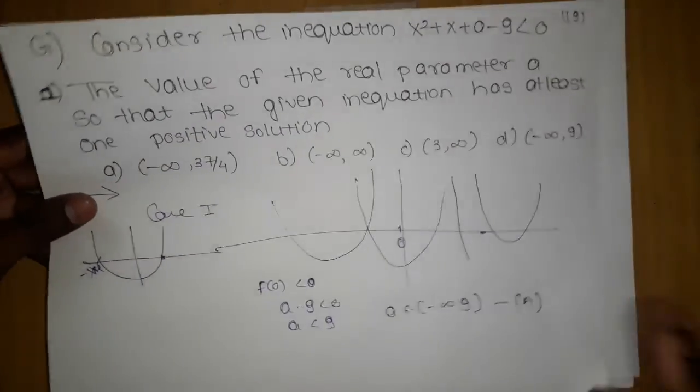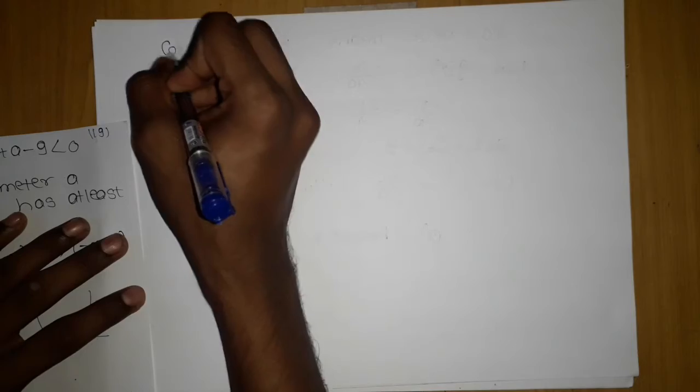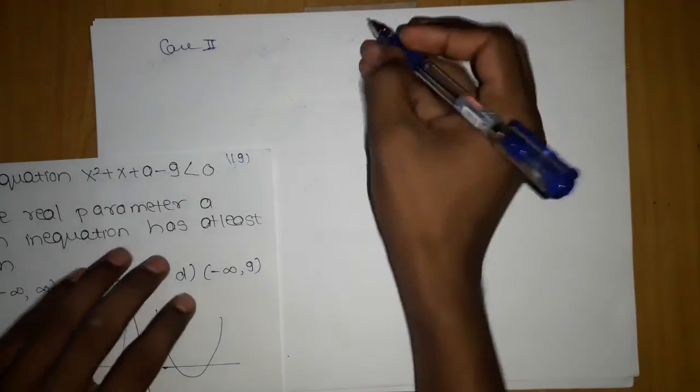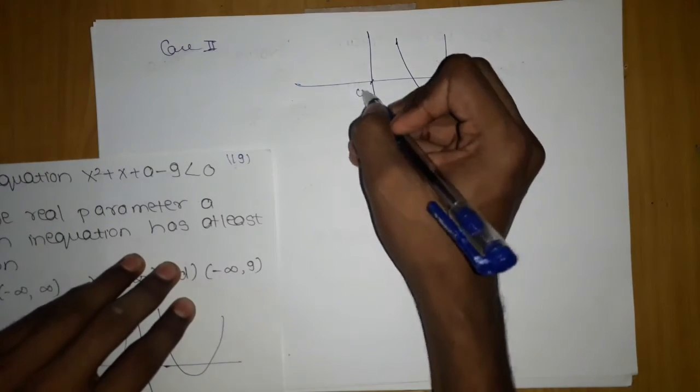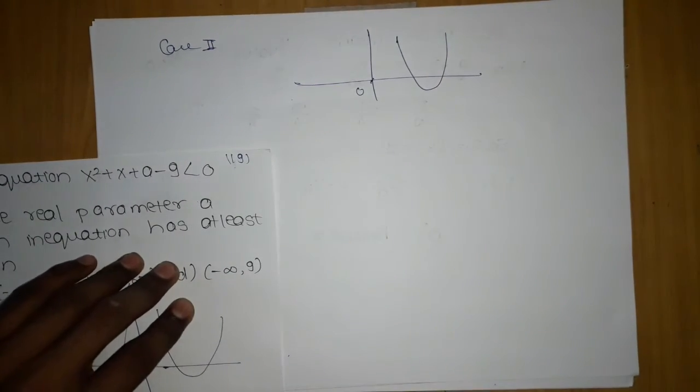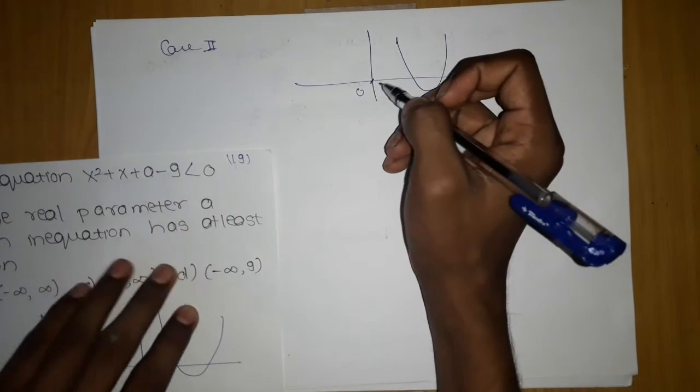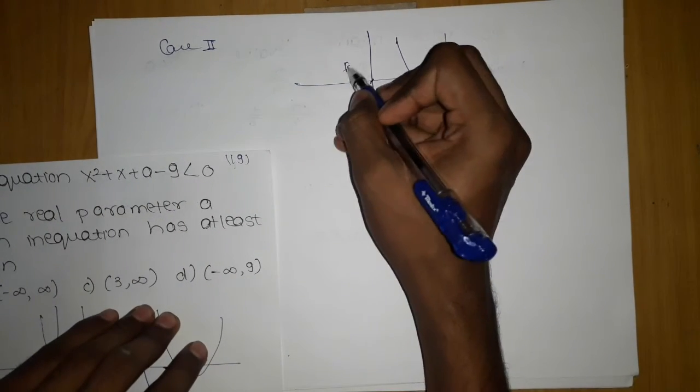Now let's consider case 2. Okay, case 2, this can also be true. It is telling at least. So this case can also be true. So here it is 0. Now both should be positive. Now if you just observe clearly, you will come to know that here f of 0 should be greater than